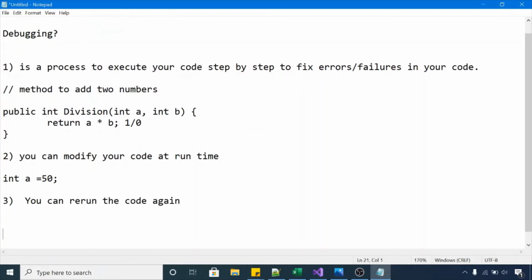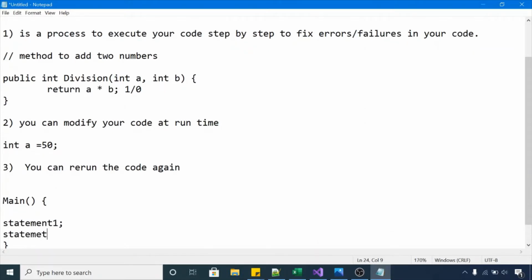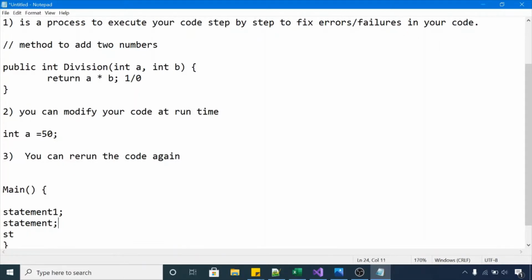Okay, let's suppose you are having a main method, right? In your main method you are having statement 1, statement 2, statement 3,